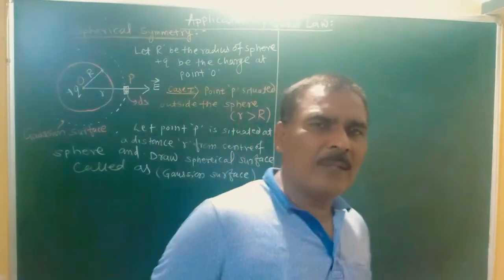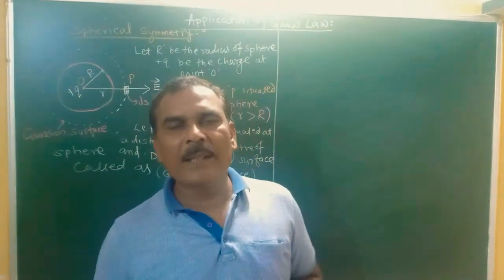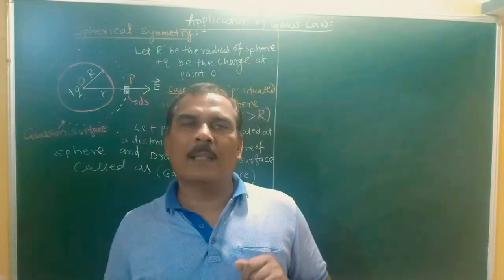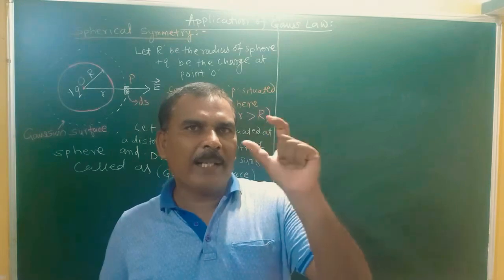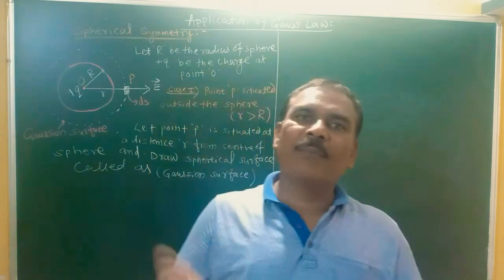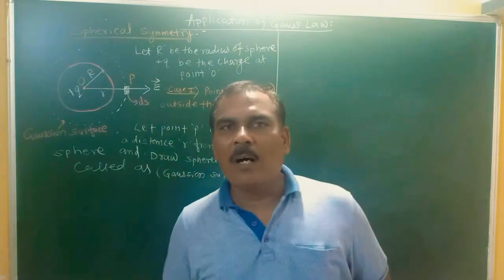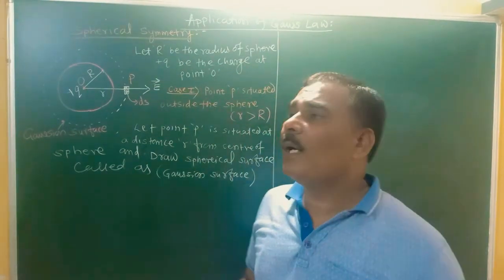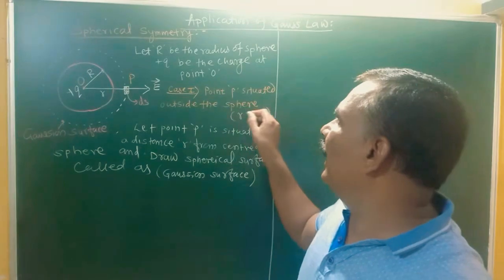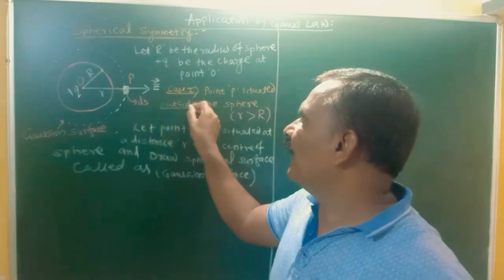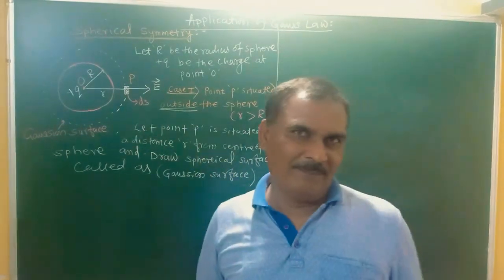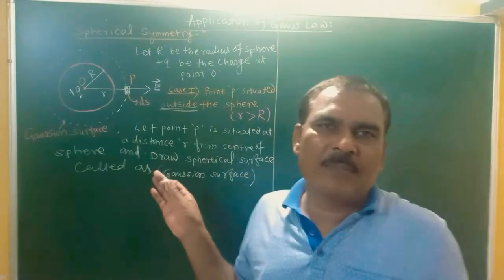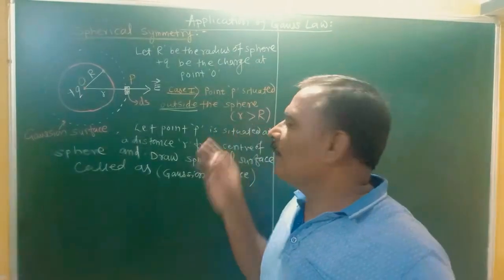While explaining the application of Gauss law, many times a question is asked for 10 marks: obtain an expression for electric field intensity of a spherical symmetry at a point which is situated outside the sphere. There may be 3 cases discussed, but here the first case is